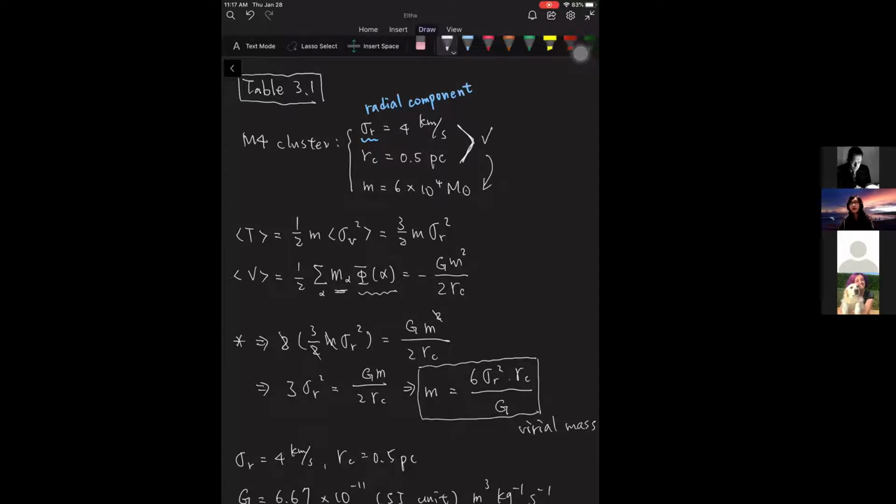And the most commonly used way is by using the kinematics of the system. So if we know the velocity of the object, then we can derive the kinetic mass of that system,